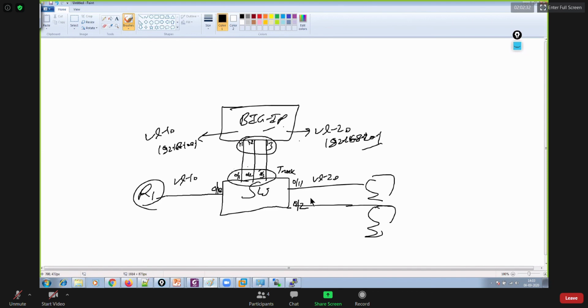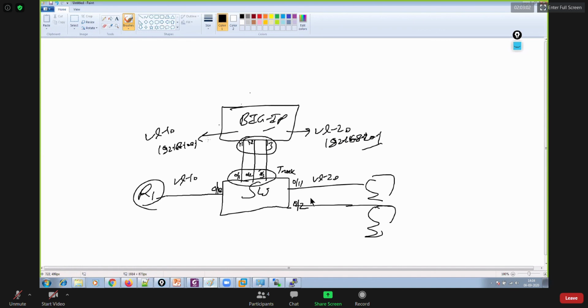This is also known as single leg deployment or one leg deployment, because what you did, you performed Ether channel, or you configured Ether channel between Big IP and your switch, okay? And you configured it as a trunk port. This is what you did. And this is also another type of deployment that you could go for, right? Previously, we had dual leg deployment, but this is one leg deployment.